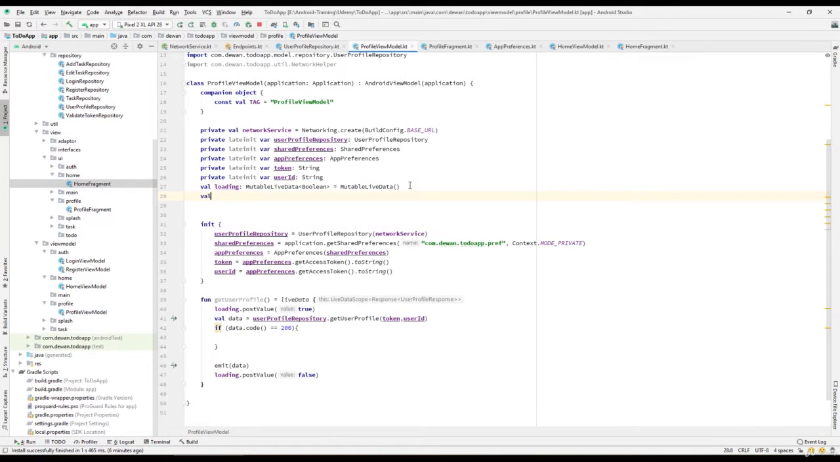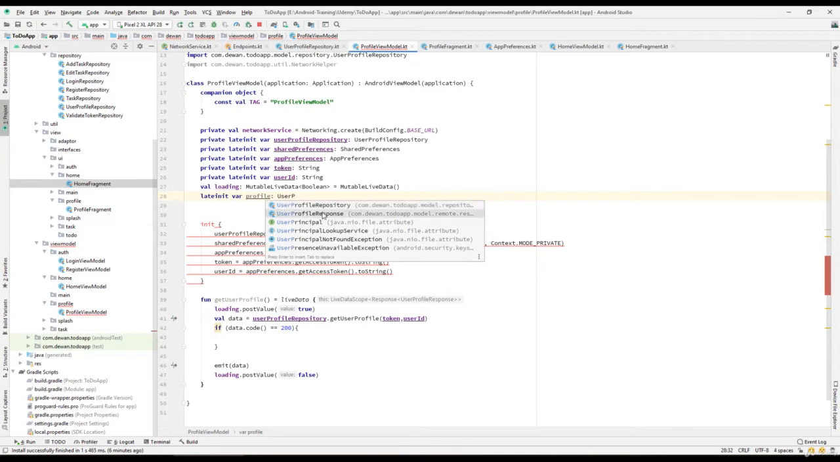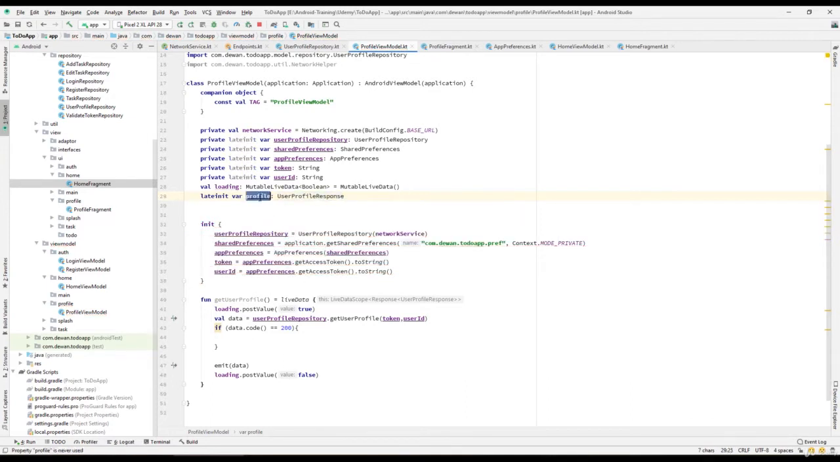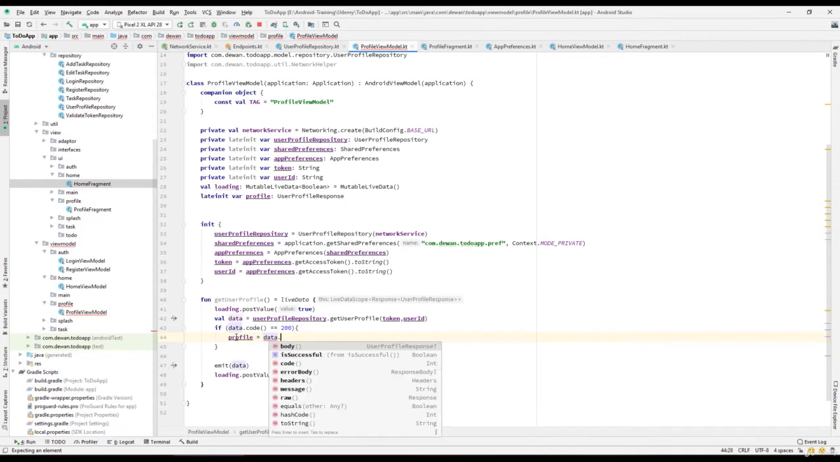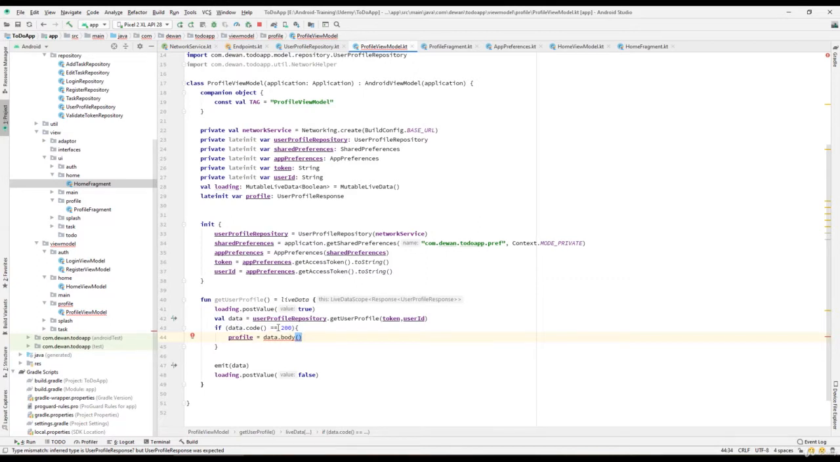I will say val, a private variable, or let's say lateinit var profile, which is of a user profile response. And I can say this profile is equal to data dot body, and I can also say if the request equals 200 and